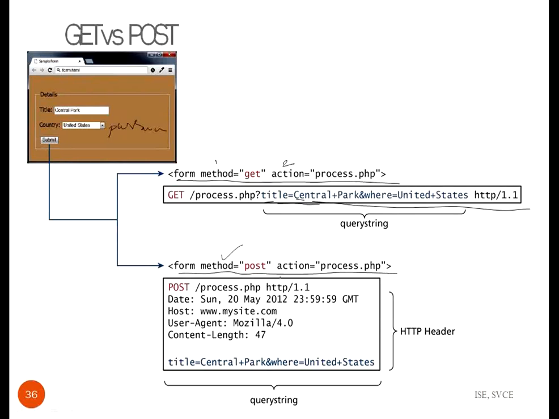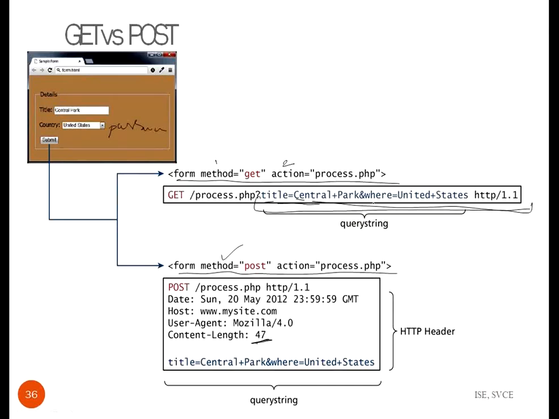If the method specified is POST, whatever data you enter in the form is carried through the HTTP header. That cannot be seen by the user. You can observe these are all the header information of the HTTP. It has the details: what method, which server-side program, the date, the website, user agent, then content length. The length of this query string is called the content length. Here also, from this question mark to here it is called content length.